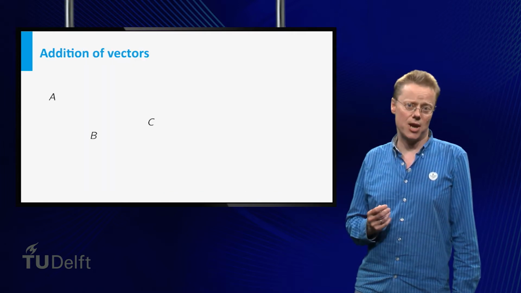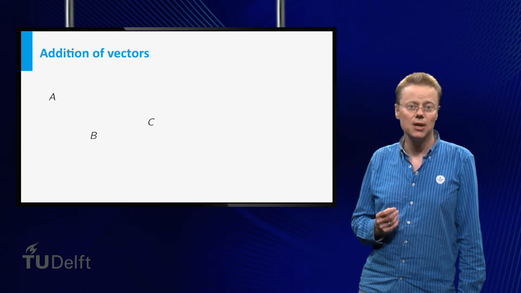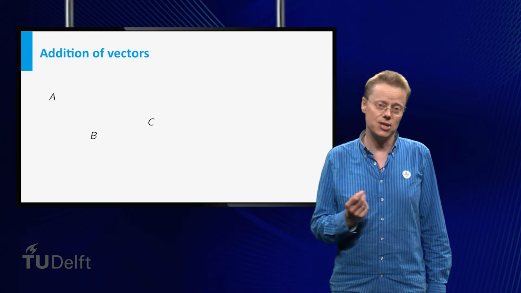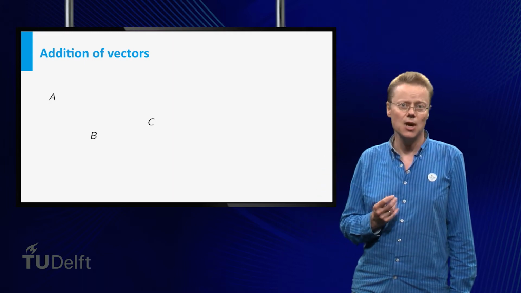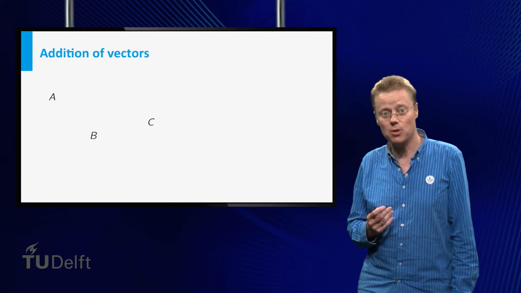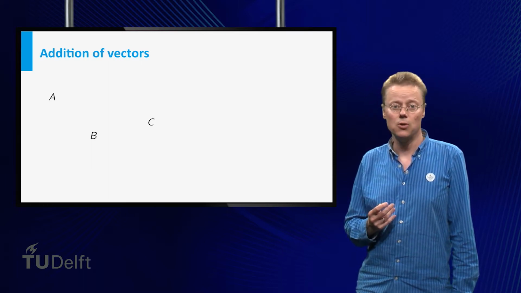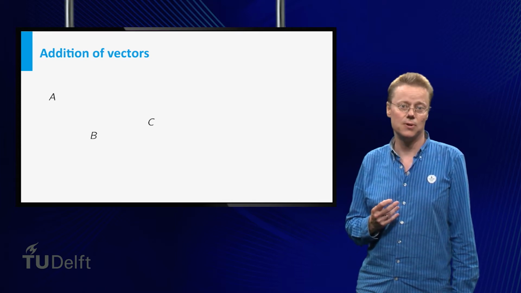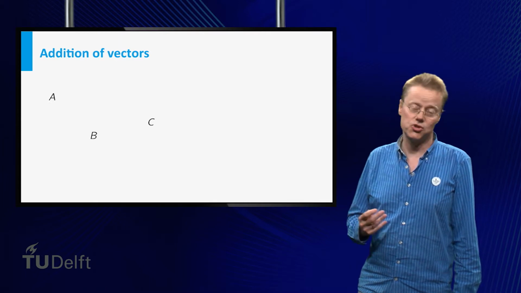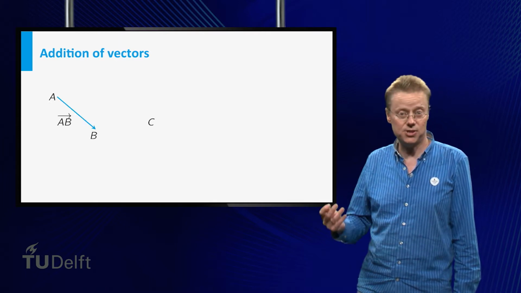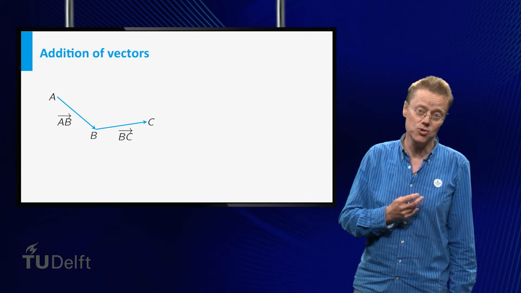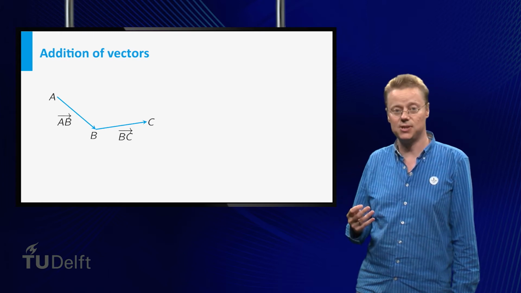There are various operations that can be applied to vectors. In this video we consider two of these: scalar multiplication and addition. We start with addition. These operations can be viewed from a geometric point of view as well as from an algebraic point of view. We start with the geometric view. So consider 3 points in the plane A, B and C. Construct the vectors AB and BC. The sum of these is then obtained by following the two arrows, first AB and then BC.